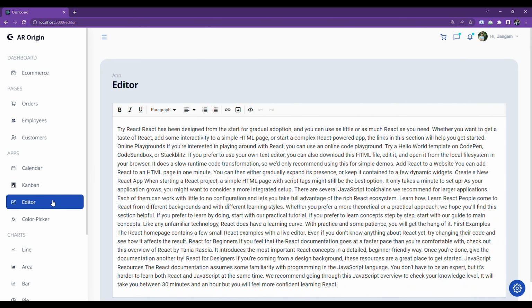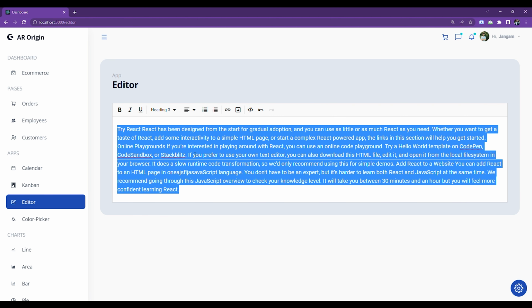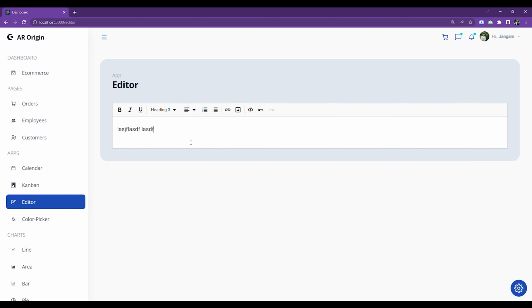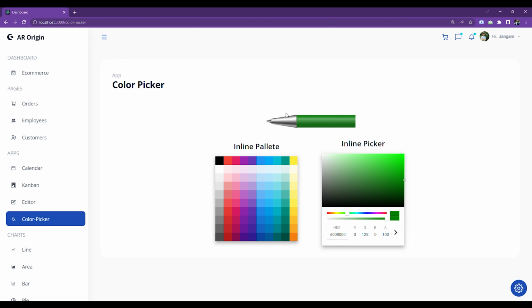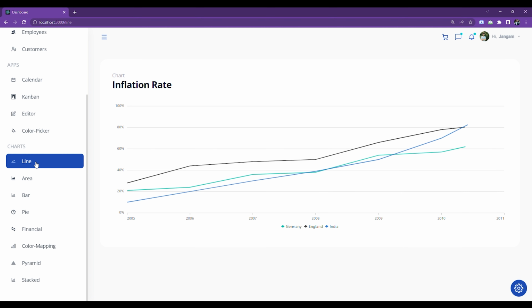Okay. Similarly, I have an editor tool. You can write any text you like, and it's a package that has been integrated into the system. Similarly, a nice color picker with such a nice looking pen design. How cool is it? Absolutely insane, absolutely beautiful. Also, besides this, the main intention of the project was to create different charts and